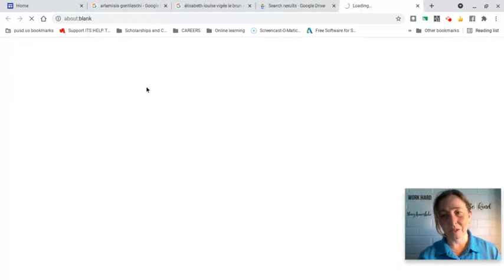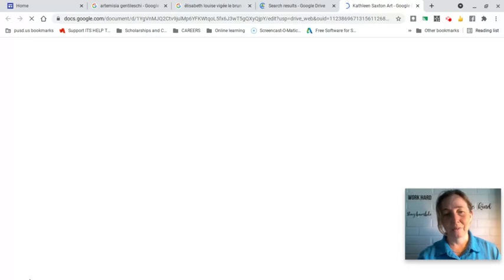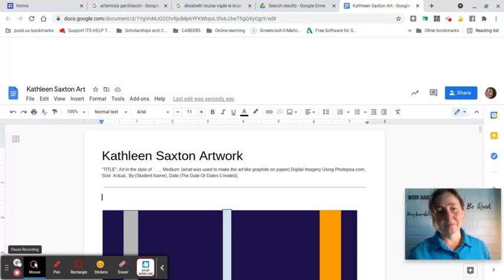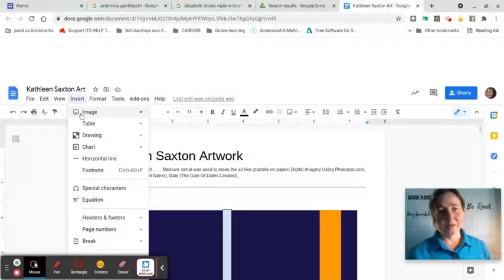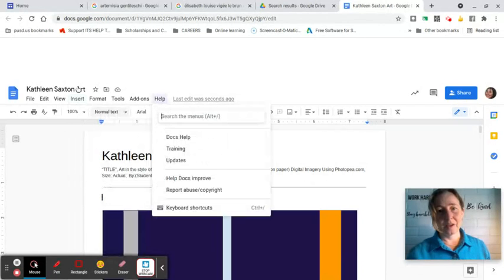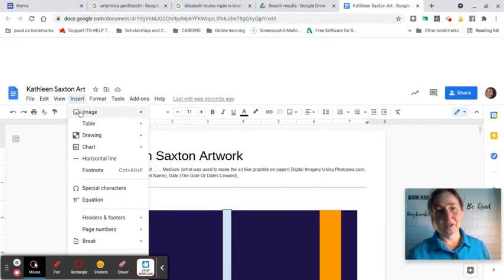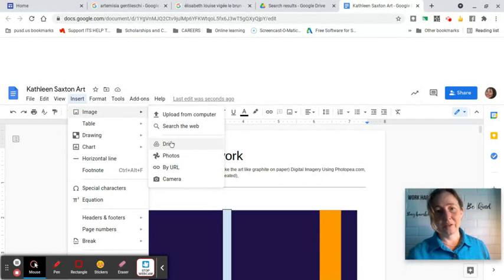And then to insert the image, we just go to Insert from the menu. Then we go to Insert, Image, and you should see it under your Drive.